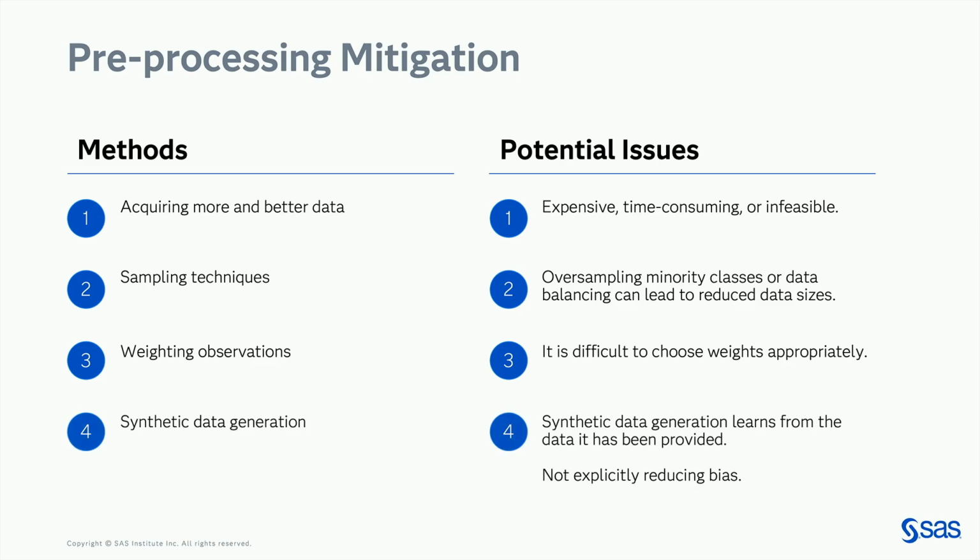You can also do synthetic data generation. So I'm going to throw this out. We have our SAS Data Maker booth over there. They've talked about that on the main stage. If you want more data, maybe you can't acquire more data through the normal means of just going out and collecting more. This gets around sampling because you can generate data that you have if you have one group that you need to generate more data for. And that can also help against weighting observations. But when you train for synthetic data, you're not actually training any sort of model to reduce bias. You're really just saying, give me more data and I hope it will reduce bias. And there's a good chance that it can, but there's also a chance that it might not.